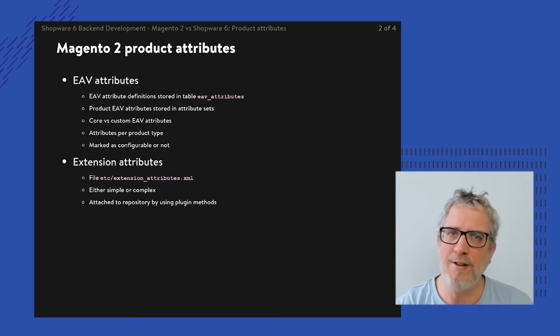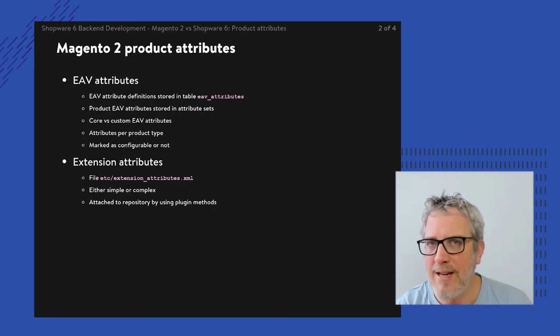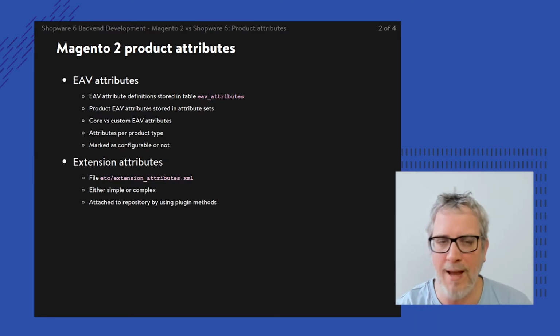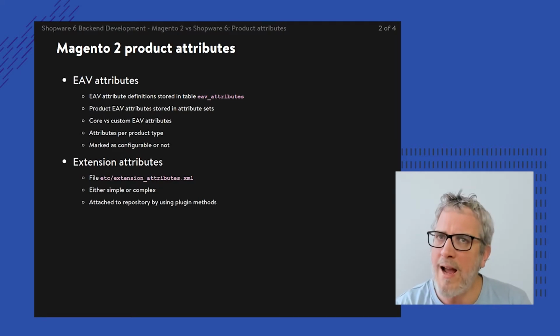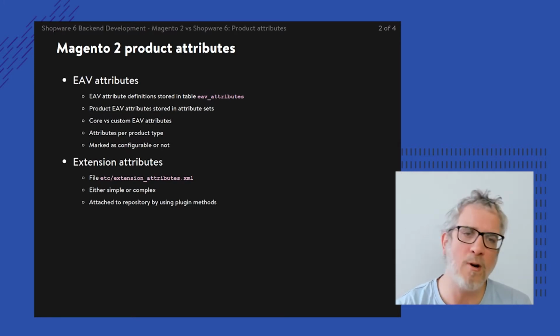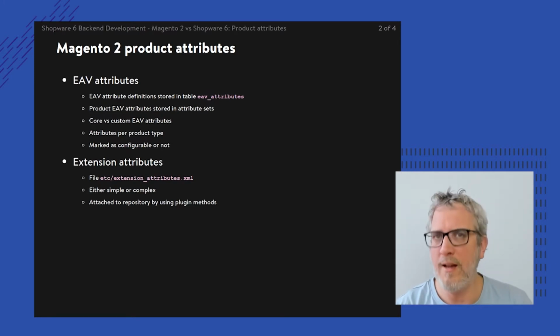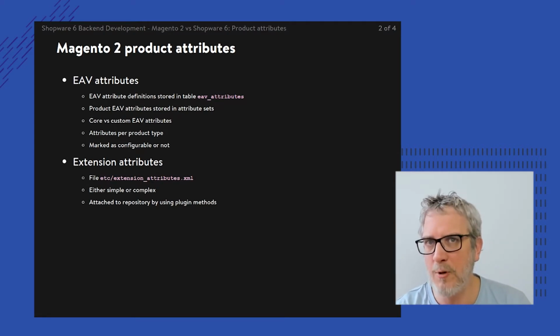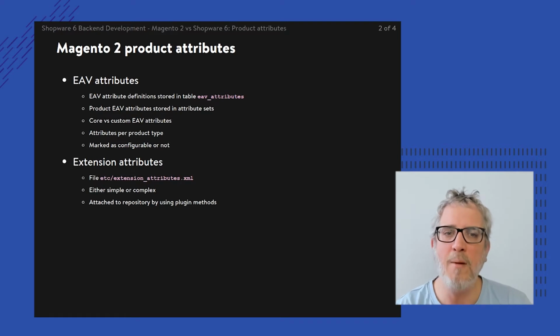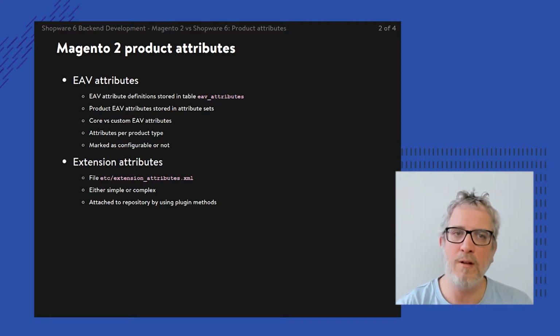Then there's also the extension attribute bit. While EAV attributes are managed through the database, extension attributes are really managed through code. And that starts with a little XML file, the extension_attributes.xml file. There you can define it using either a simple approach or a more complex approach. Often I refer to a simple extension attribute as being a simple value, a string, a boolean, etc. While a complex extension attribute could also refer to a separate class